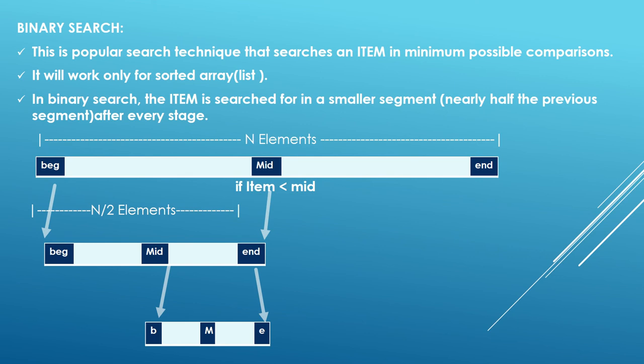First of all, what do you mean by search? I want to search in the given list of elements. I want to check whether the element that I am looking for is present in the list or not. That is your search. If it is found, it has to say in which position it is available. If it is not found, then it has to say that the element is not found in the list. Okay, that is what searching is.